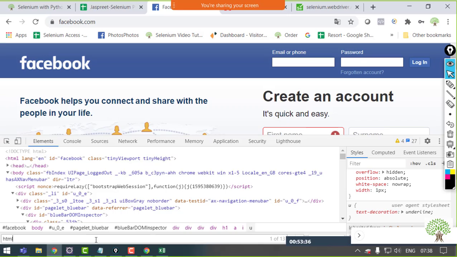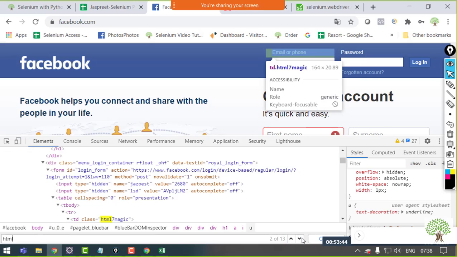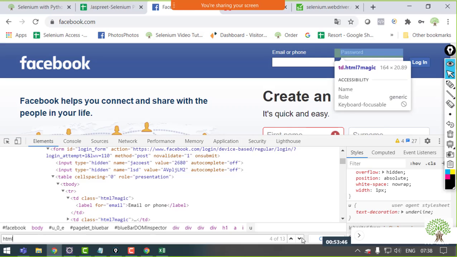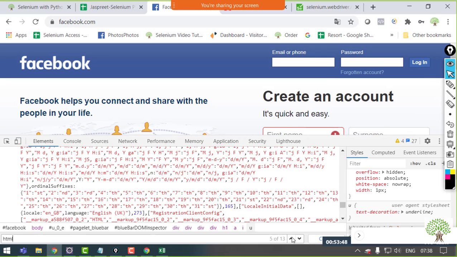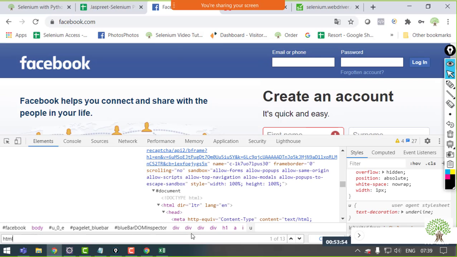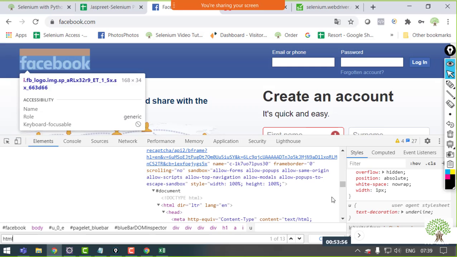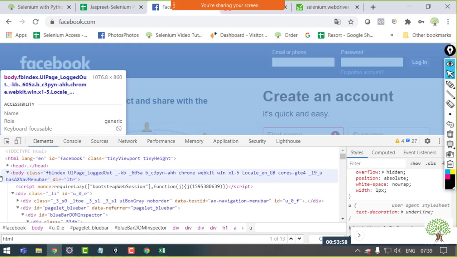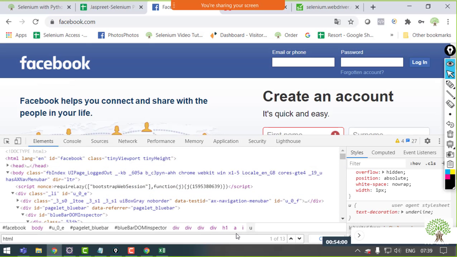As I move further, if I'm moving in the right direction, it will be highlighted in yellow. Right now there are a number of tags being highlighted for HTML. So I'll move further and say HTML slash, the slash to move further.